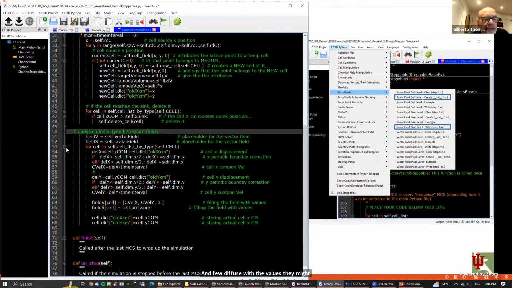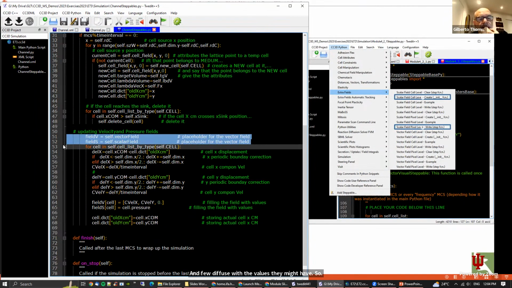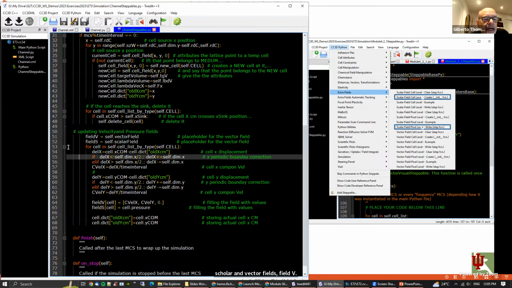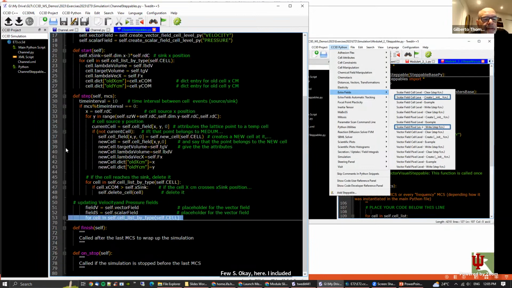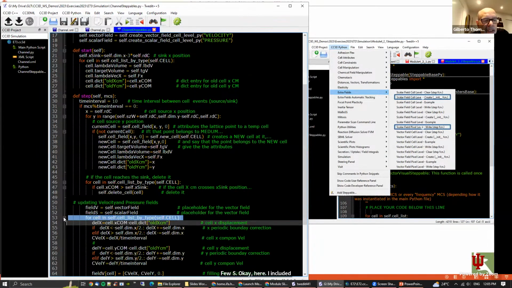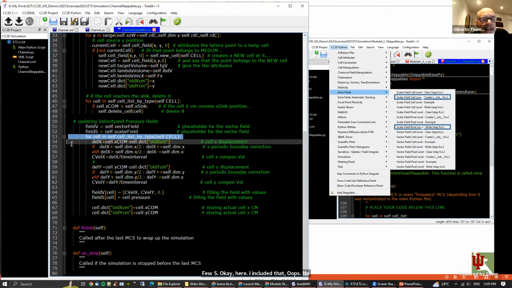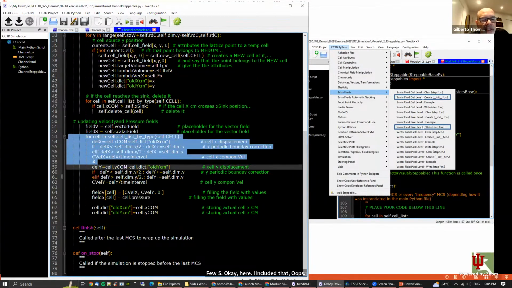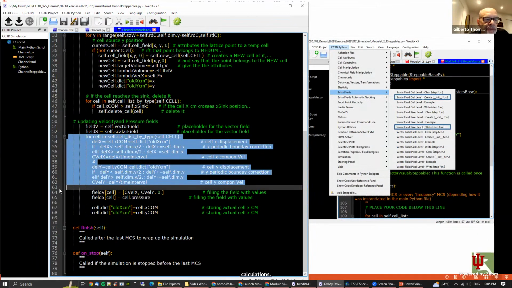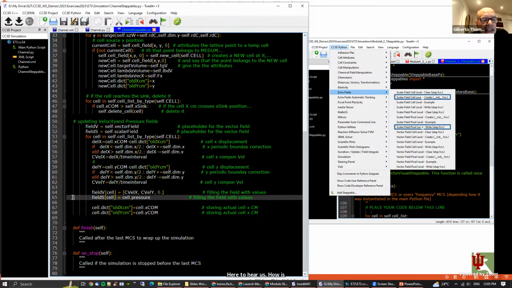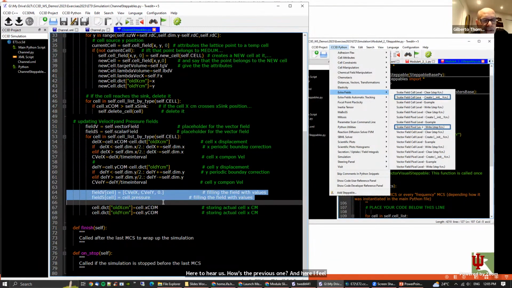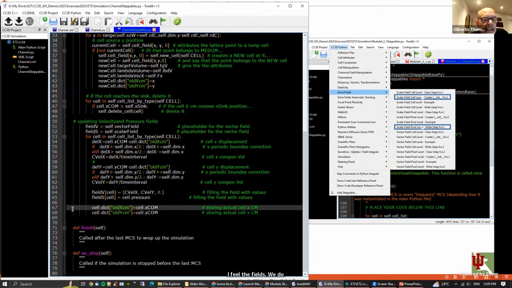So here I create the placeholders for the scalar and vector fields, field V, field S. Okay. Here I included the algorithm for velocity calculations, from here to here, as in the previous exercise. And here I filled the fields with the values we need and update